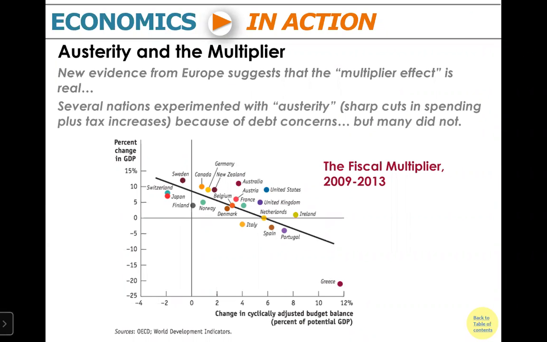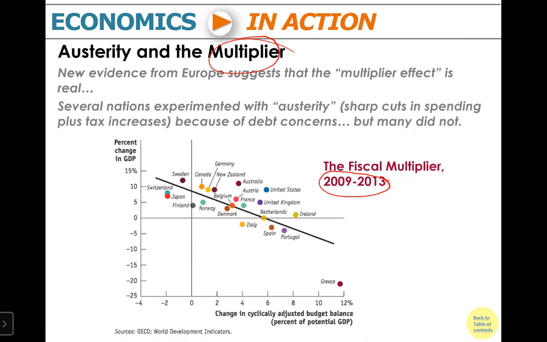Here we can look at the historical experience to understand the impact of the multiplier, and also the impact of government spending. This is 2009 to 2013, after the financial crisis. Pretty much most of the advanced economies carried out some type of stimulus, but they had different policies. Some may be expansionary, some may be contractionary. And so you can see,